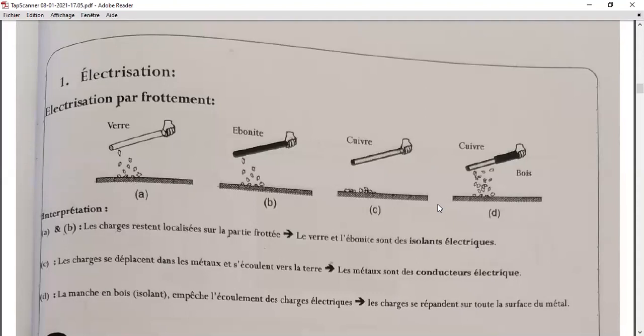For example, if you have a positive which is more than a negative, you see that the negative from the hand of a person will go to the end here, so that they have an equal number of the positive and the negative. And if you have an equal number of positive and negative, then I can say the material becomes